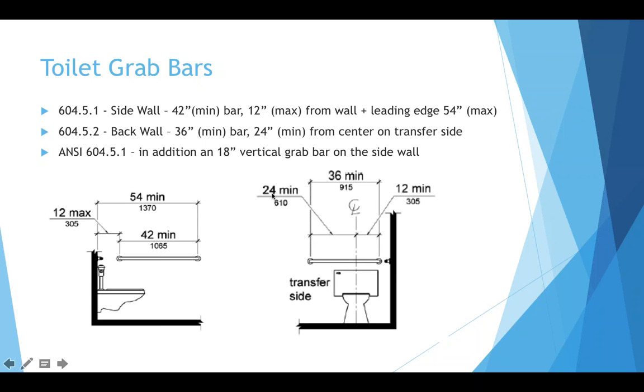Then there's one more. One of the little anomalies in the ANSI is the vertical grab bar. And I didn't illustrate it, but basically,